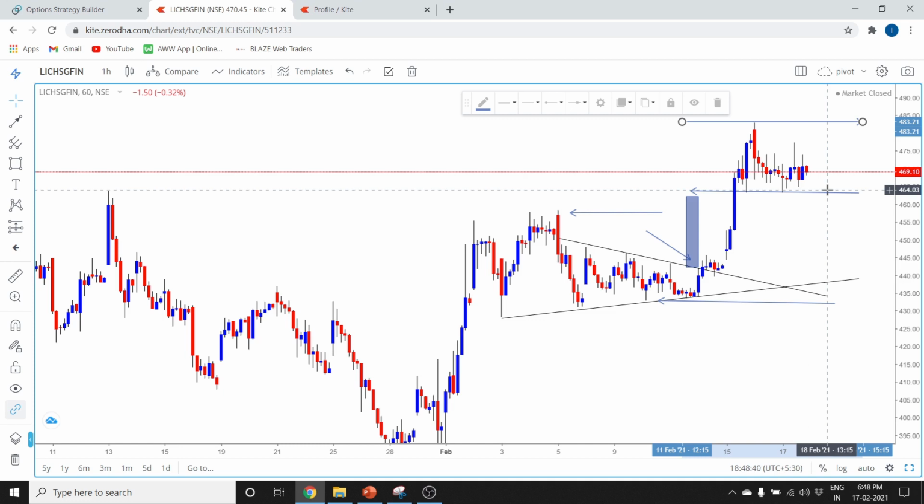As long as it's in this range, there is no issue for our strategy, but once it comes down, you have to see how far we are from the break-even level. Accordingly you have to react, maybe by roll down of call, or roll down or roll up of put.